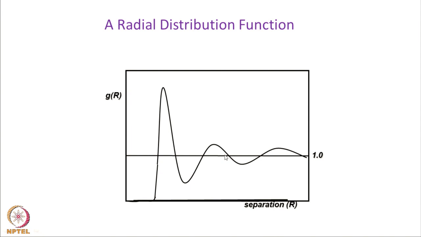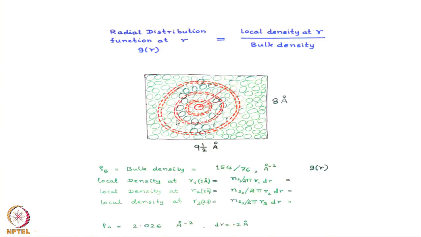One example will be shown here. This is how that radial distribution function will look. When you start near the origin, the local density is 0 because there is no other particle immediately near the center. Now, when you go to some distance, that local density will become a maximum. Why does it become a maximum? Go back, you will see that in some particular circle, there will be many neighbors. So, when there is a first coordination shell, there will be a maximum in g(r). Second coordination shell, there will be another maximum. That is what this graph says.